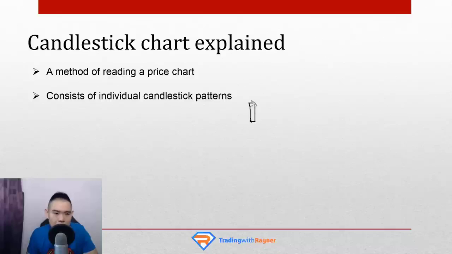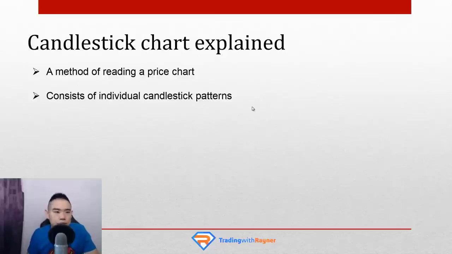This is one candlestick pattern, which could have a little bit of upper shadow and lower shadow. Sometimes it could be a darker color, in this case black or even red, to signal a lower close. So this is what we mean by a candlestick pattern. A candlestick chart consists of many individual candlestick patterns, just like a forest consists of many individual trees. We will talk more about candlestick patterns later on, but for now this is the macro, the big picture. I want to share with you how to actually use a candlestick chart to identify the market